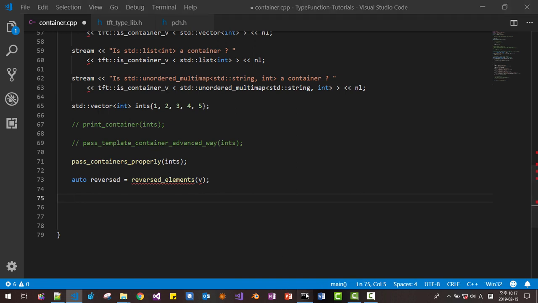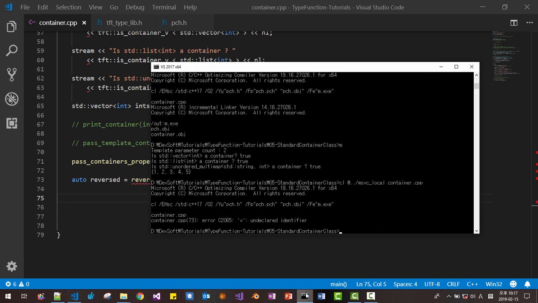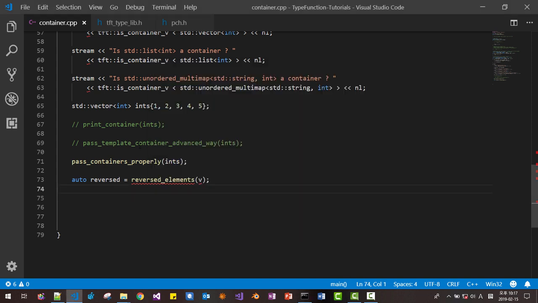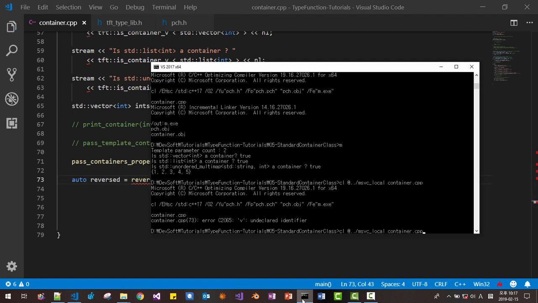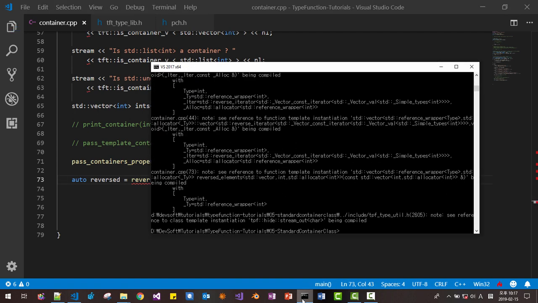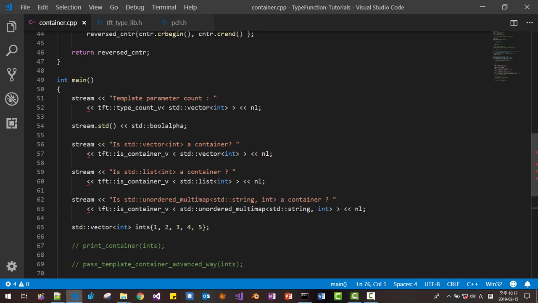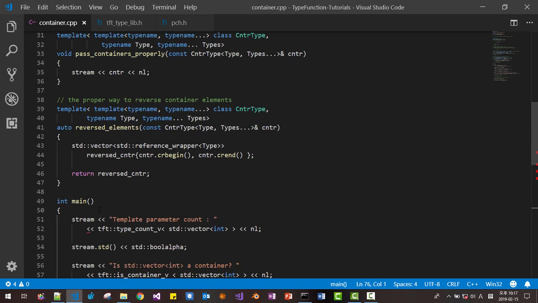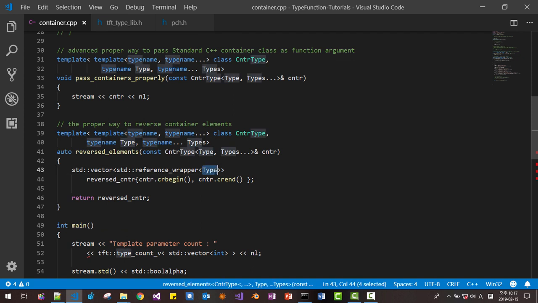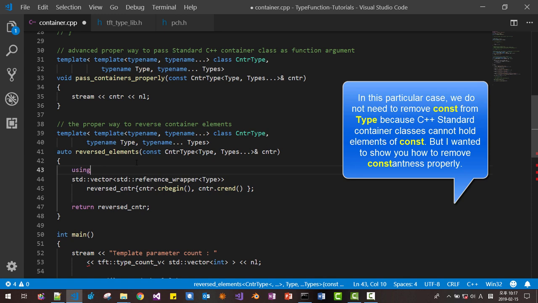Let's build. Ints. It doesn't work because this t is not constant. Okay, we want to remove constantness from this parameter like this, using